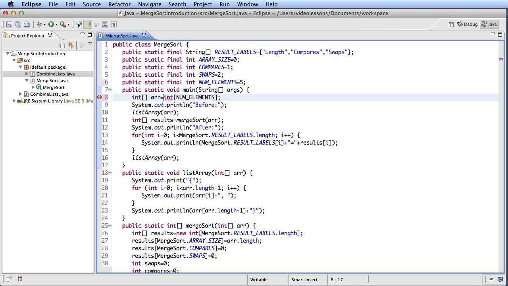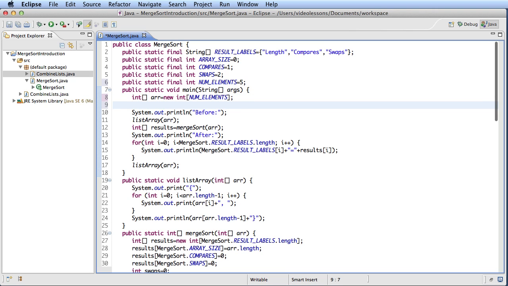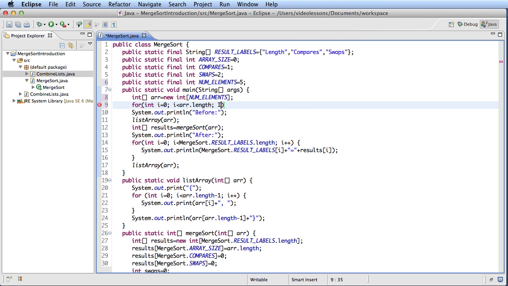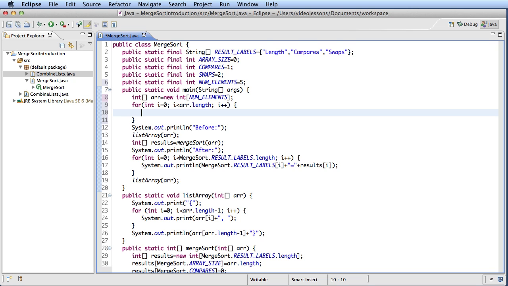Equals keyword new int array. And then now we need to fill our array with values. Now, we had written some code to do this before, but since that code is not here, it will be good practice for you to go through and write that code. So, for int I equals 0, I is less than r dot length, I plus plus. We're going to iterate over the whole loop, and we're going to give r of I a